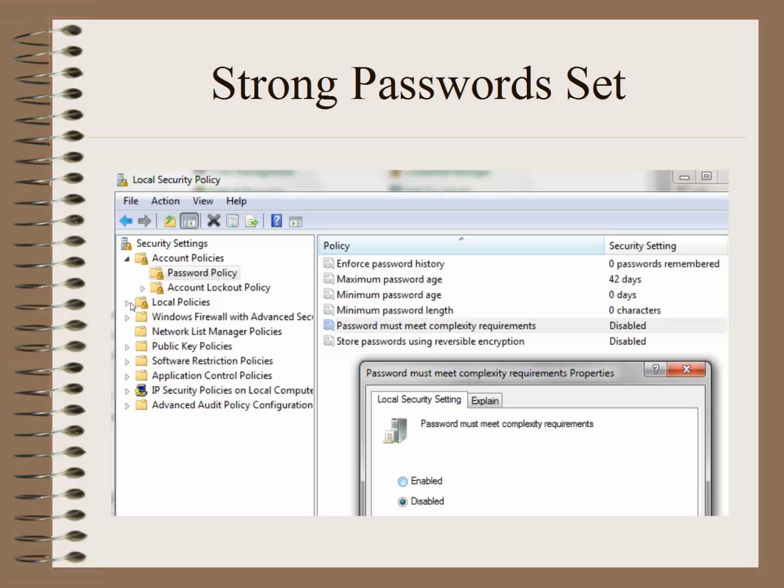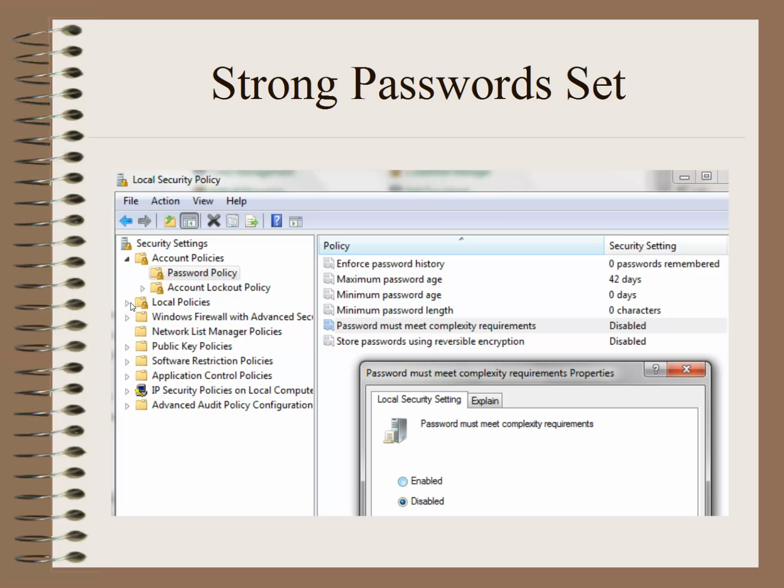And a strong password is going to be a password that's using upper and lower case letters, numbers, and also special characters. It's surprising, again, that some people are just using common names with maybe a couple of numbers attached to the end of that. It only takes the computer less than a minute to guess most of the passwords that are being used out